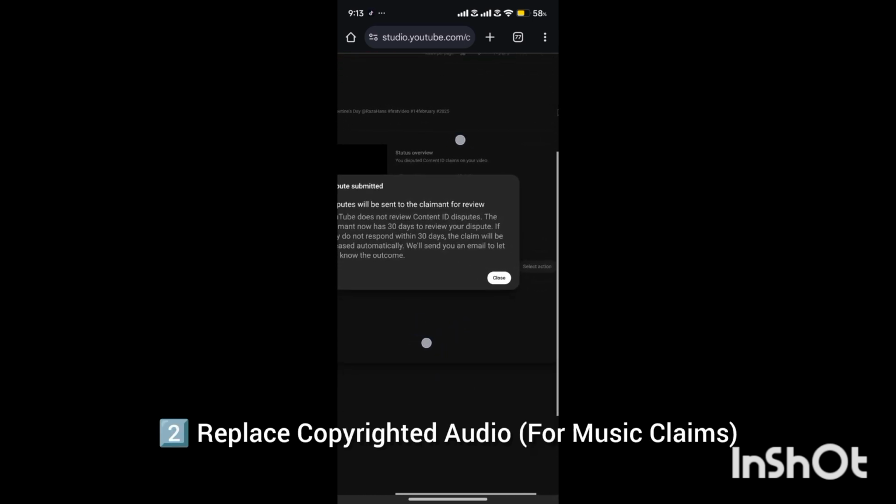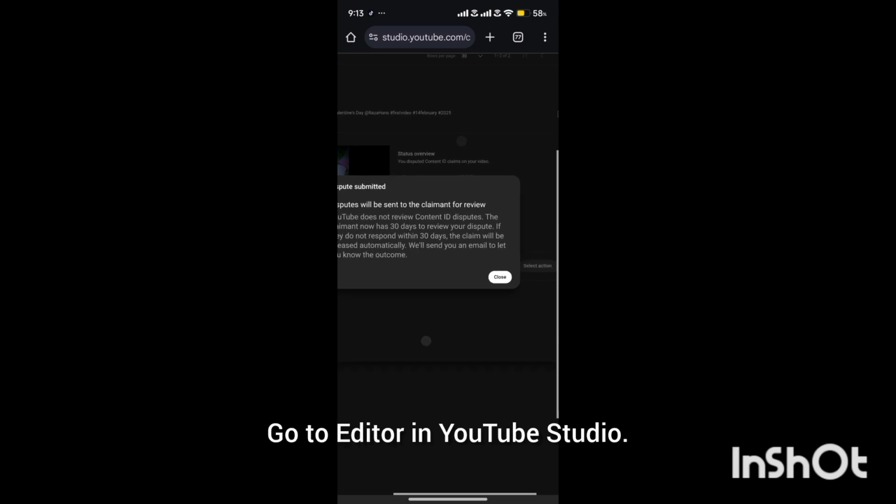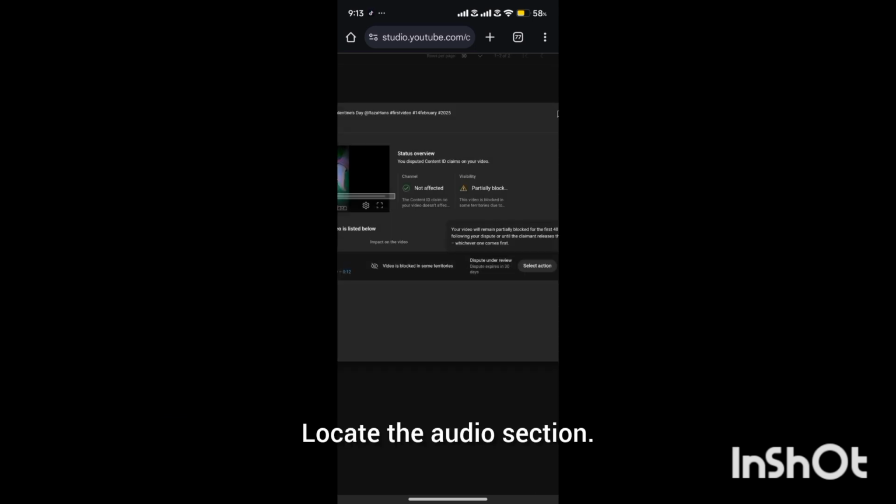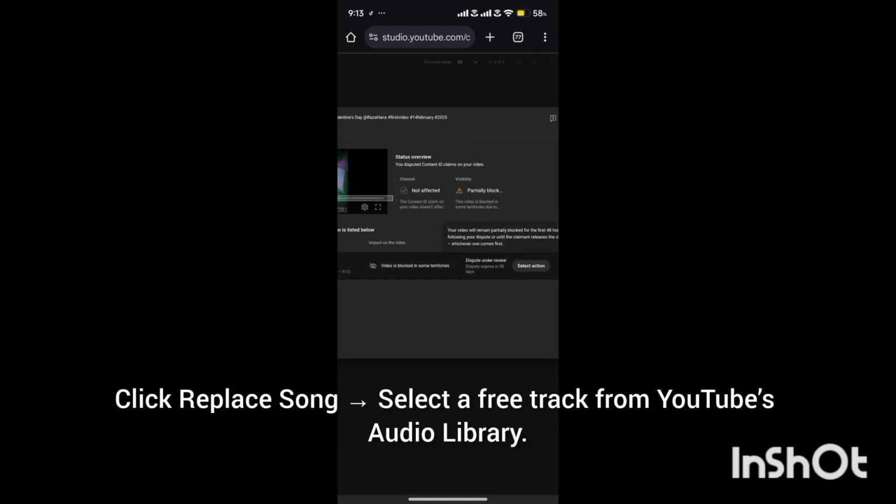Replace copyrighted audio for music claims. Go to Editor in YouTube Studio. Locate the audio section. Click Replace Song, select